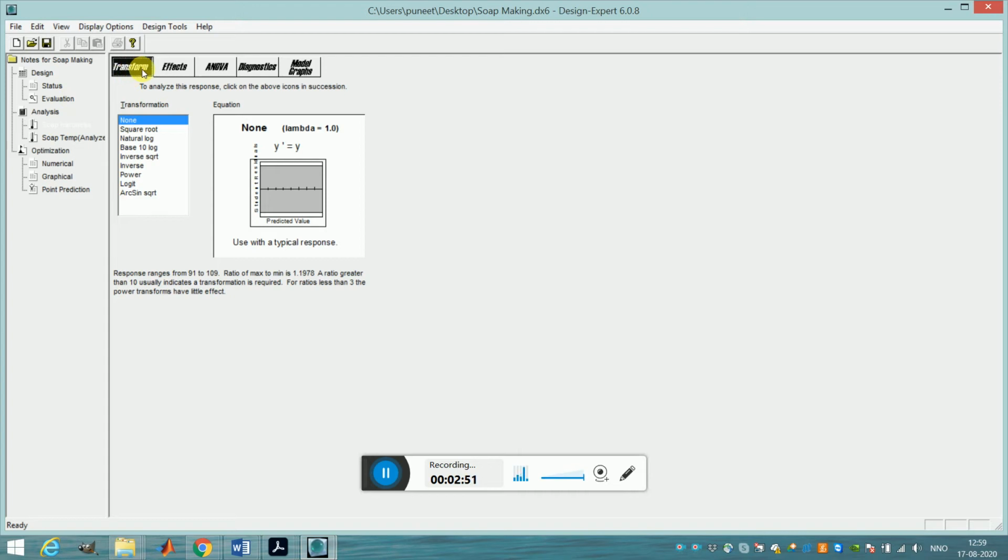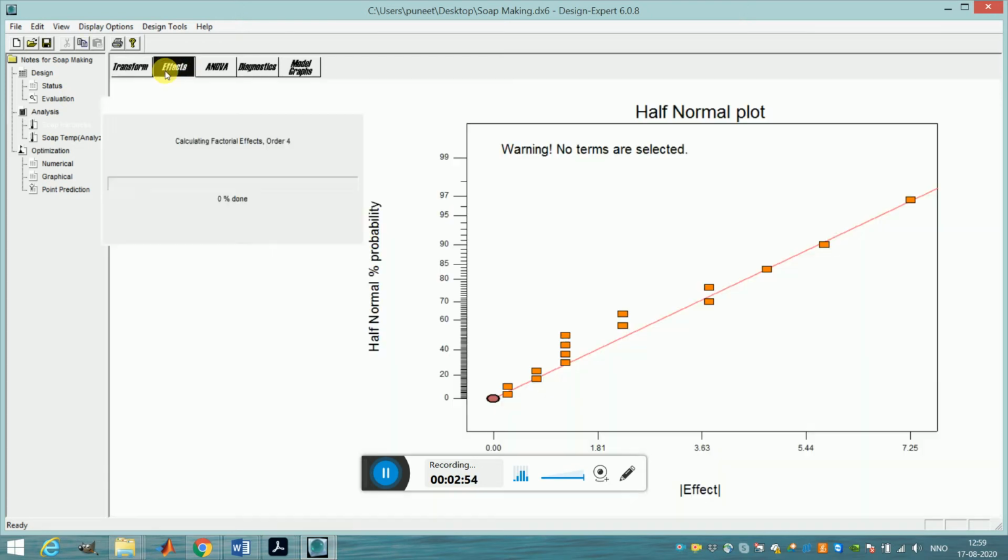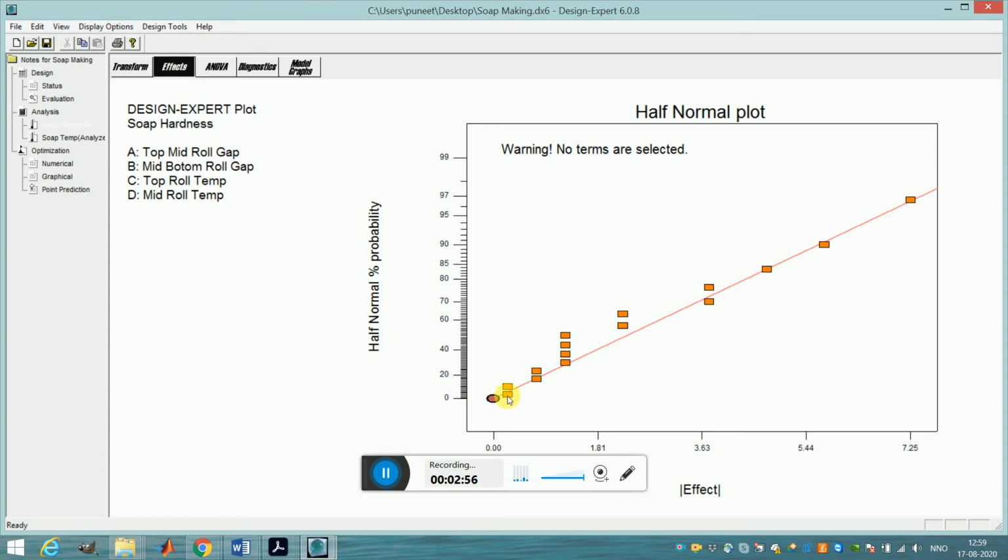There I will click on the transform, then I will click on the effects. From the effects we will select the main 4 factors A, B, C, D and their interactions. We'll select the main factors and their interaction. So one by one I'm clicking. So I'm selecting this A, D, B, C, A, B,